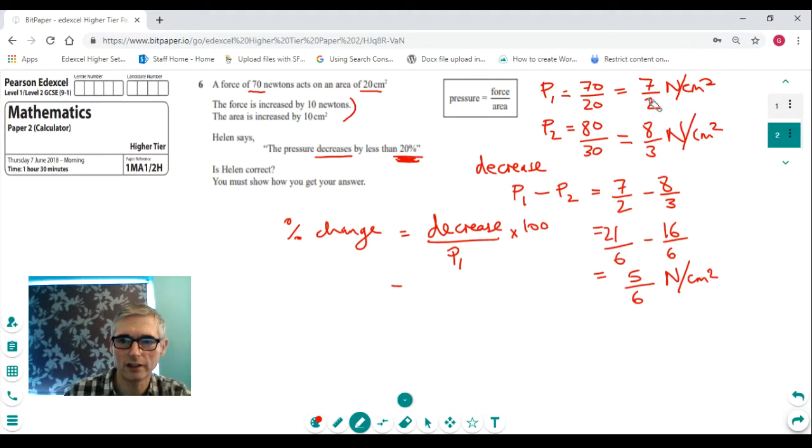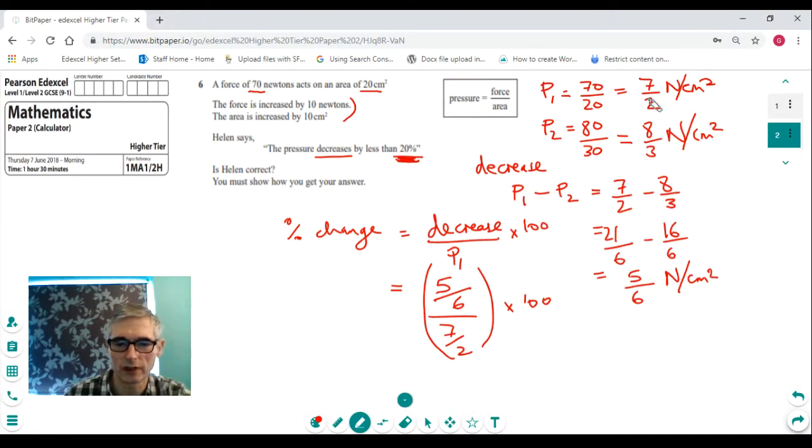So what we'd have to say is the decrease amount is 5 over 6, and then we're dividing that by another fraction, the 7 over 2, and then we're going to multiply all of that by 100. Now to divide one fraction by another, we say 5/6 divided by 7 over 2, still times by 100,